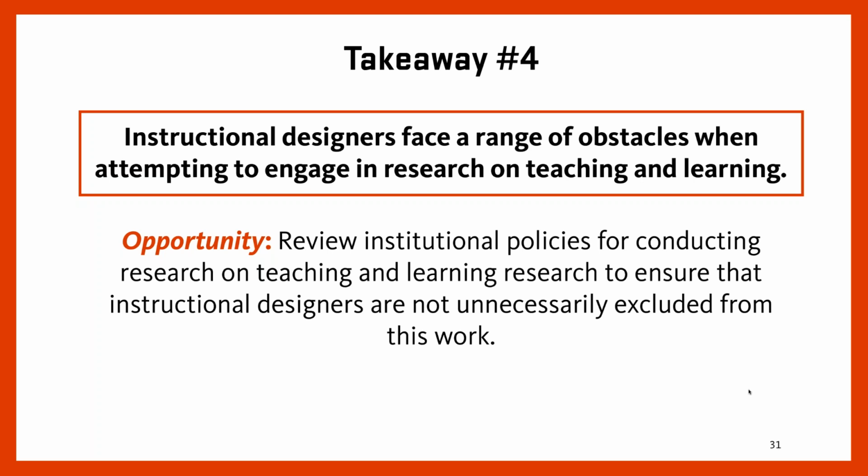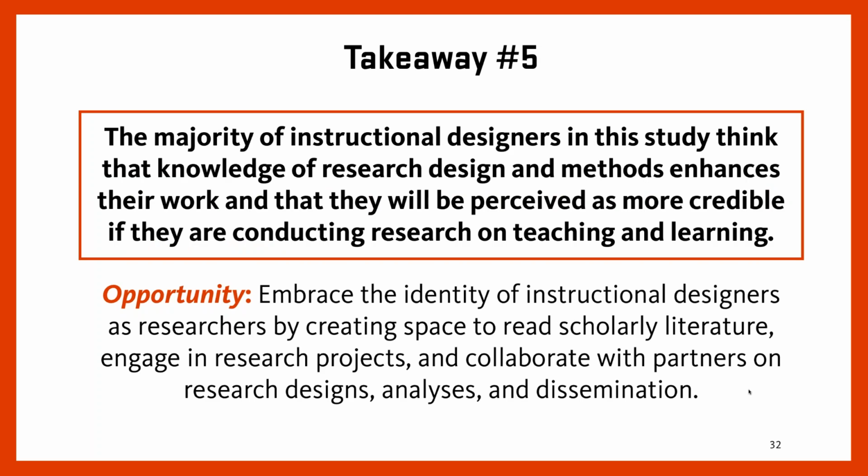So what is the opportunity here? Well, review institutional policies for conducting research on teaching and learning to ensure that instructional designers are not unnecessarily excluded from this work. And then our last takeaway is that the majority of instructional designers in this study think